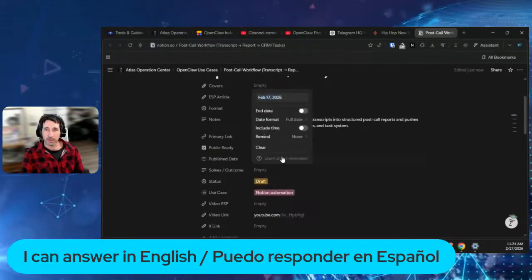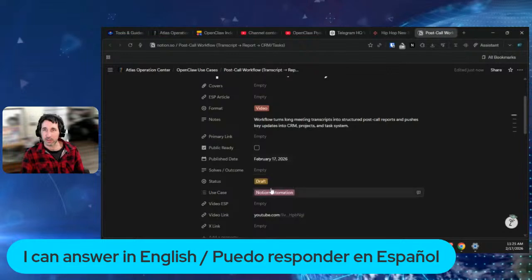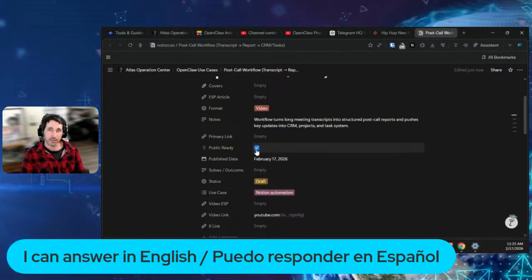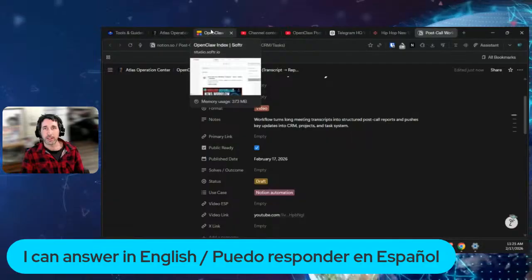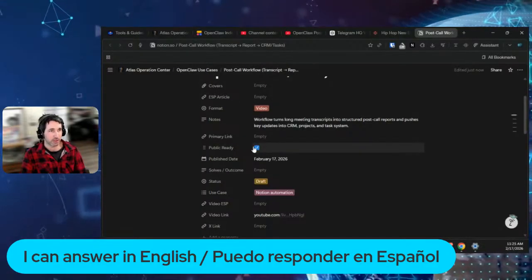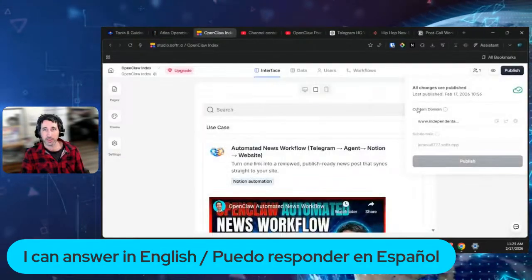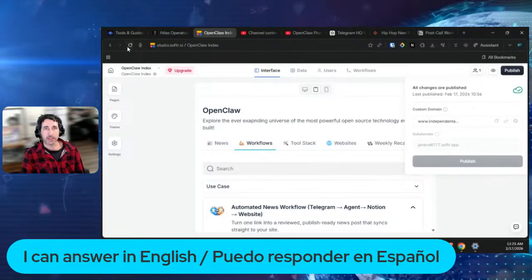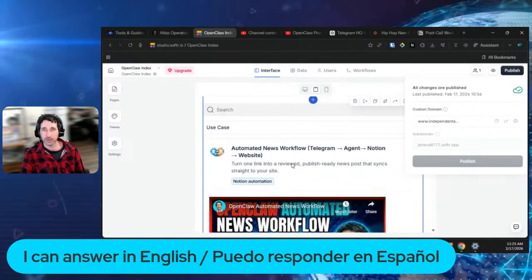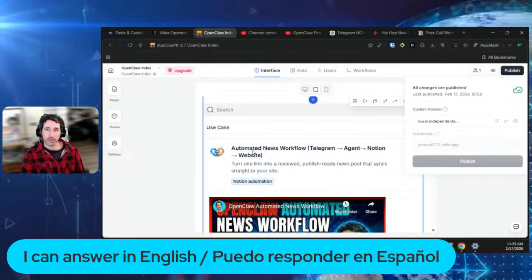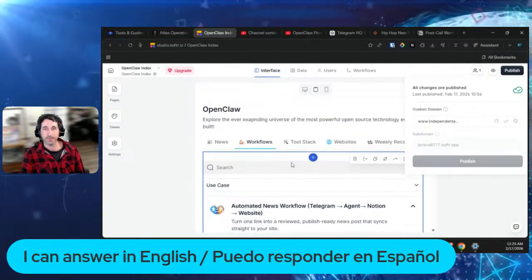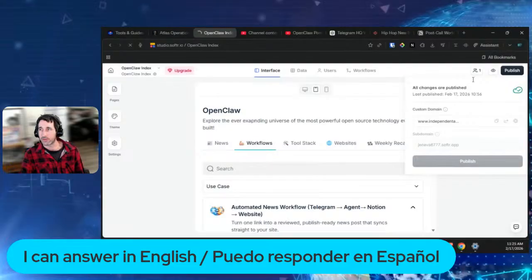And what I'm going to do is I'm just going to add the published data today, public ready. And when I give this little check mark, that triggers the automation on software. Software is my website builder. And basically now on workflows, you see that at the moment, the top one is the automated news workflow. So when we refresh,